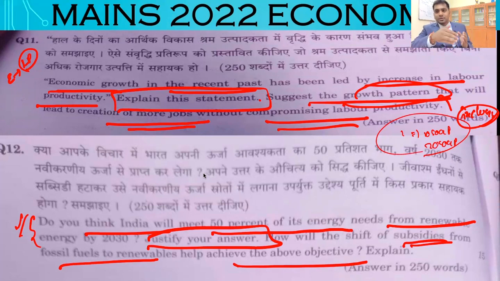Now they are asking a question related to how you can increase the renewable energy sources in the country. You can increase it by shifting from fossil fuels by giving some subsidies, right? Subsidies for photovoltaic cells, subsidies for solar lamps, subsidies for wind energy turbines, subsidies for gobar gas. So if these things are there, then obviously you can have it. So what I say is the 12th question is somewhat easy because this is a straightforward question.